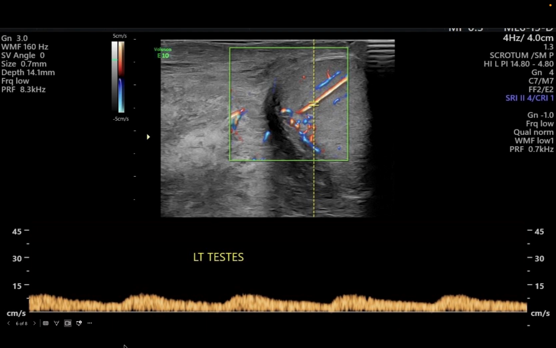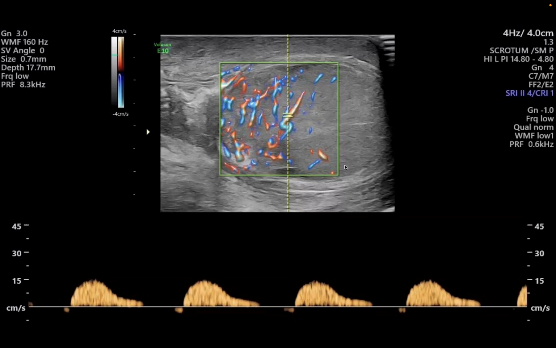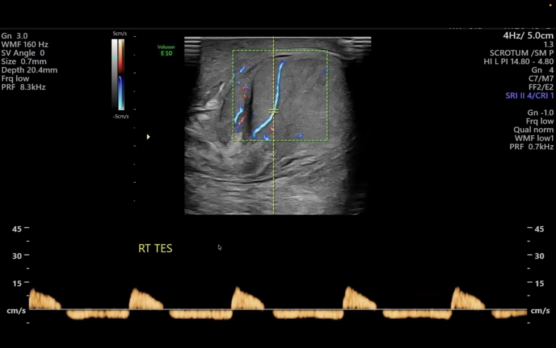The blood flow is present in all the phases of the cardiac cycle, like systole and diastole, in this important organ of our body. See the left testis, this is systole. On systole the flow is forward, and on diastole also the flow is forward. But on the right testis, see the waveform. On systole there is flow, but on diastole there is no flow in this segment. And see in another segment there is flow in systole, but on diastole there is reversal